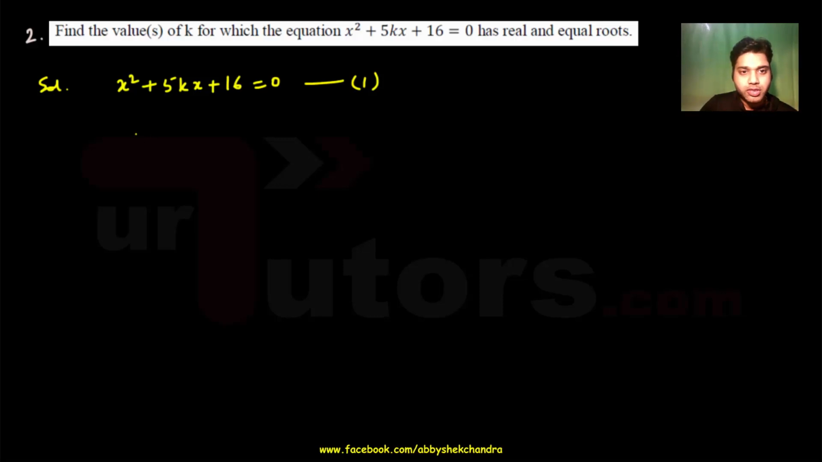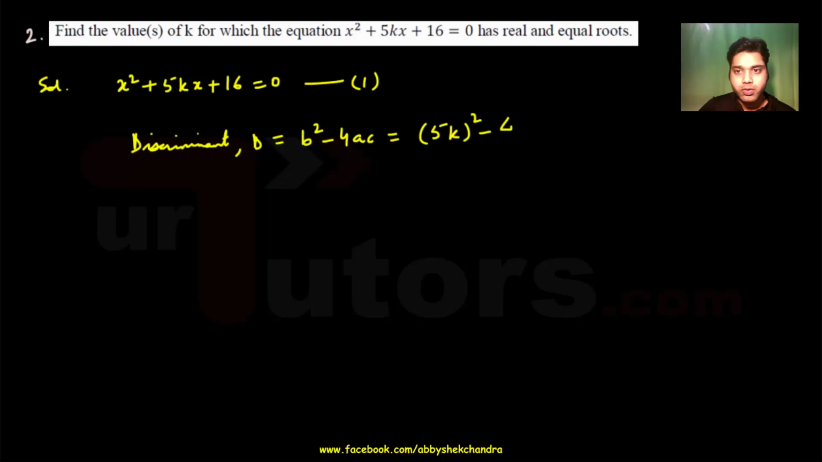So what will be the discriminant of this equation? Discriminant D will be equal to b squared minus 4ac, right? Equal to b squared. What is b here? It's (5k) squared minus 4. A is 1 here, C is 16 here. Okay, this should be equal to 0 for real and equal roots. This implies